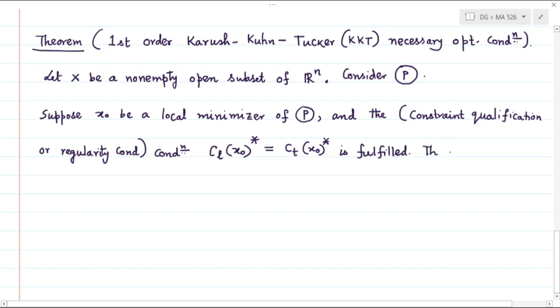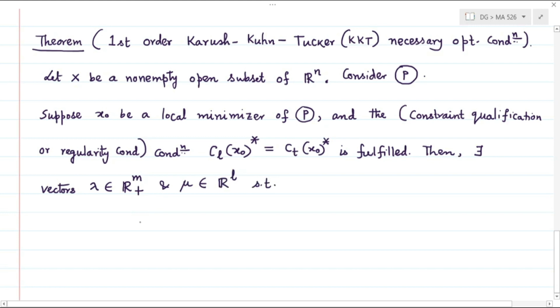Then there exist vectors lambda belonging to the first quadrant of the m-dimensional Euclidean space and mu belonging to the l-dimensional Euclidean space, such